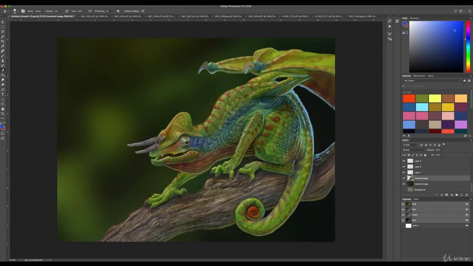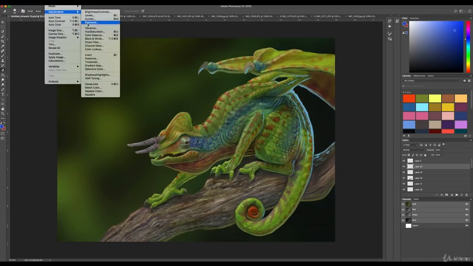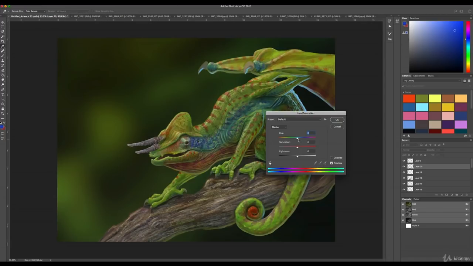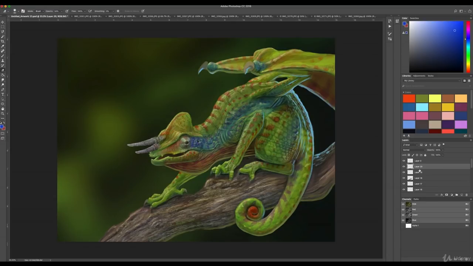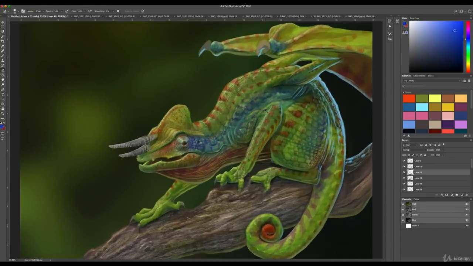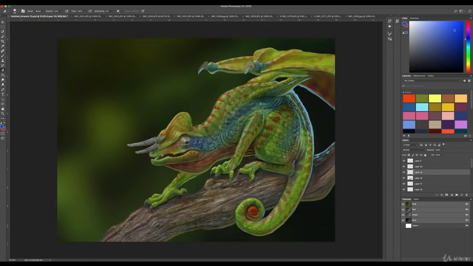Okay. Awesome. And then something else we can do here is, let's go back to our horn layer, we want to adjust the hue and saturation so that it matches up a little better with the rest of what we got going on. Excellent. I'm doing one more quick pass over to make sure we got everything, but I think that looks about good for our